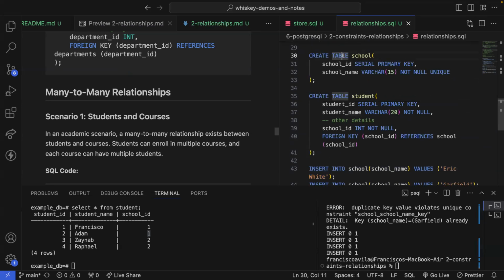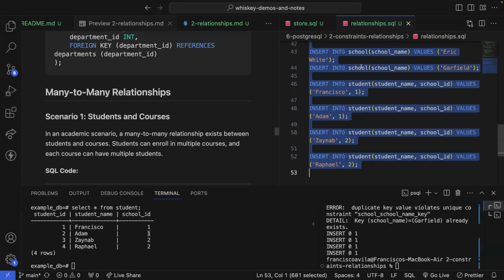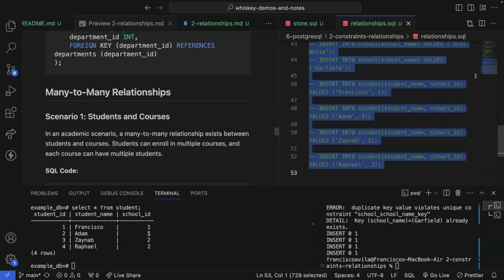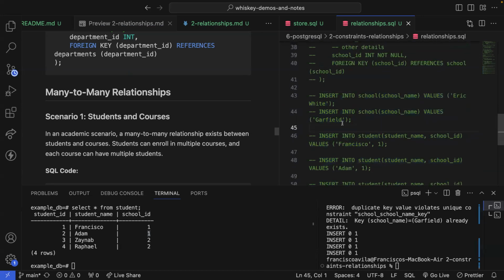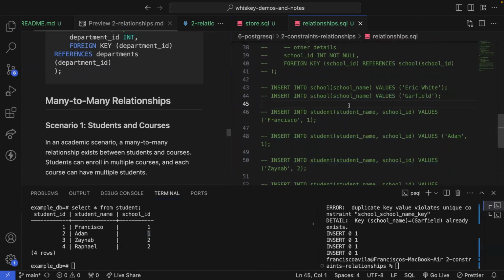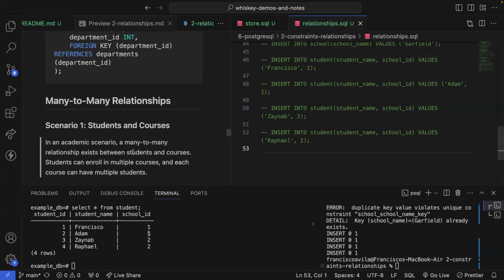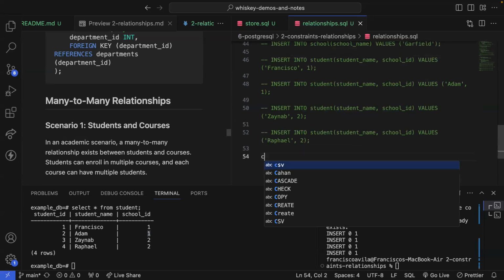We would want to actually create a connecting table. We can't just call the foreign key relationship within the same table. If we do it within the same table, then that would mean that we would have some sort of many-to-one or one-to-one. But in order to create this many-to-many relationship, we would do something like